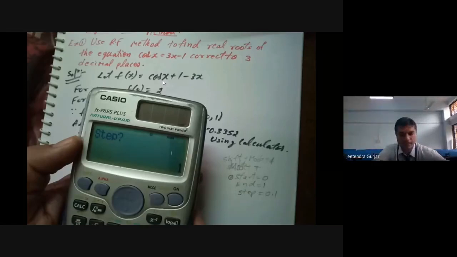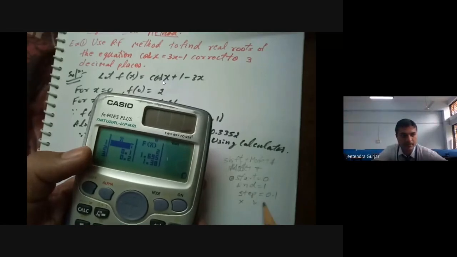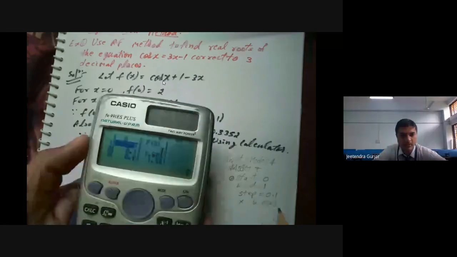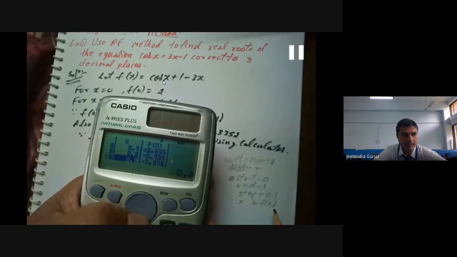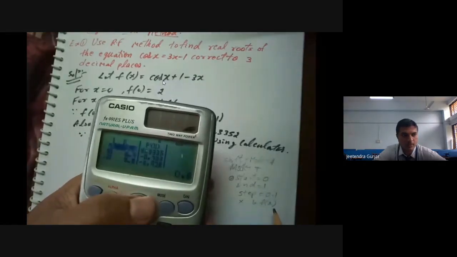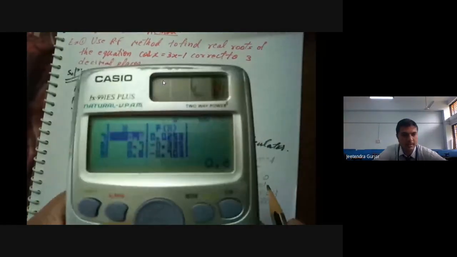Now we'll continue. Now see. I will type this step as 0.1. When I type equal to, I get here two values. Yes, Vijay Kumar, I can see x and f of x. I got here in the table x and f of x. When I get x and f of x, I will just press down. Everyone just press down here. Go down. I think you can see in the calculator.